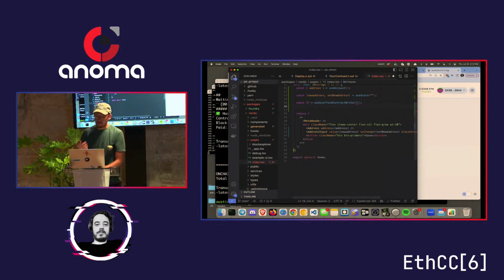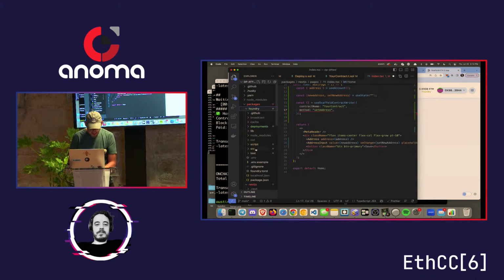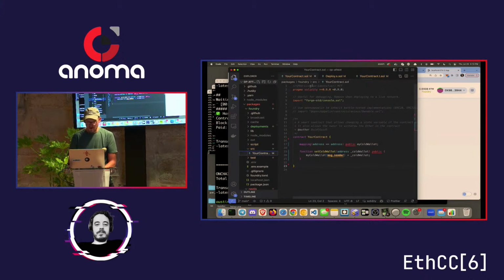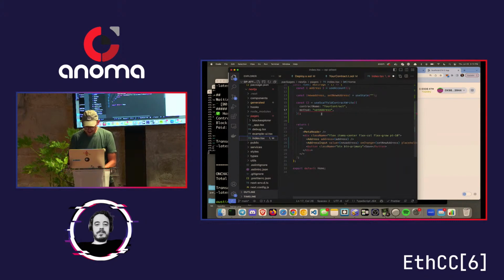So Scaffold-ETH, along with the components it comes with, has a bunch of these handy hooks that help you write to your contract. So our name is contract, our method, it's not set address though, is it? What's the name of our function over here? Oh, let's use autocomplete. We've got TypeScript here. It'll tell us. Okay, so let's go back to our index page here, and let's go right to this spot right here. And I think if I put in a quote and then,